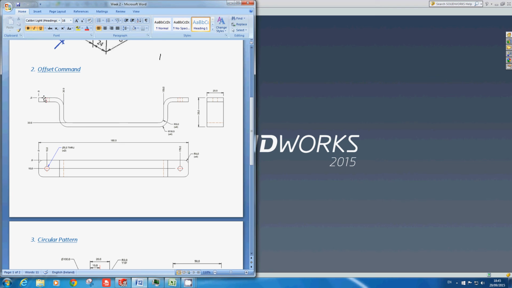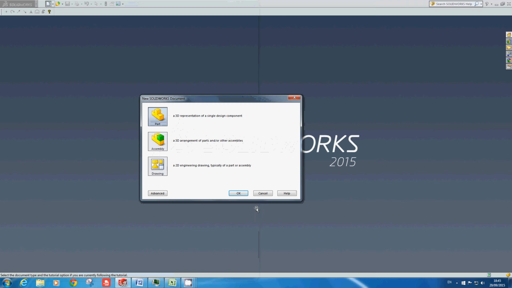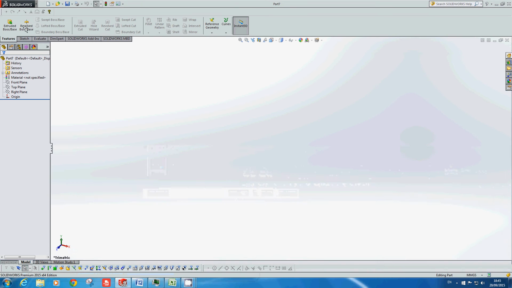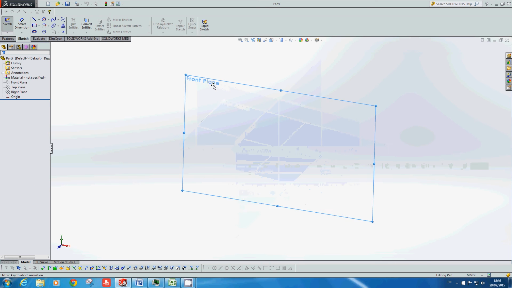So it's going to be 30 for this section, then 30. So it's 150 minus 30 is 120 for this, then 30 up again, and then 30 across here again. So click new, part, okay. Then we're clicking sketch tab here, sketch here, click front plane,